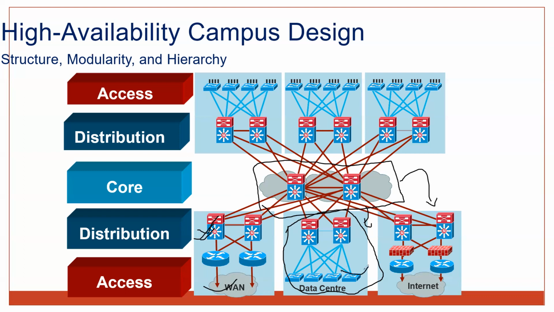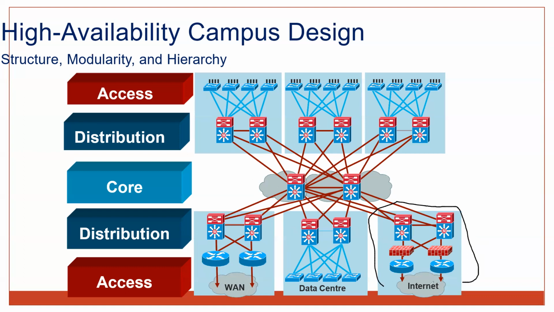This part is coming within CCIE data center. And this part actually, this is one part. Most of the topics are covered in CCIE security. Because when you're exposed to the internet, you have to apply different types of firewalls, different types of security devices, different types of security analytic devices. Everything will fit here in the internet edge. So there you have to put more and more security, right? So except data center and internet part, we have to learn everything here